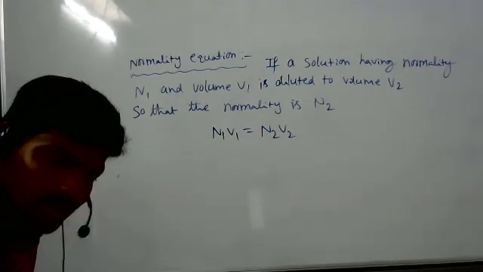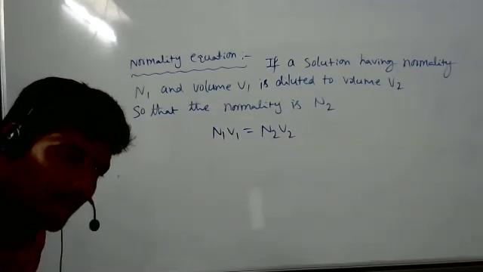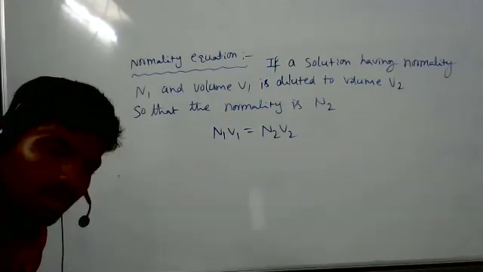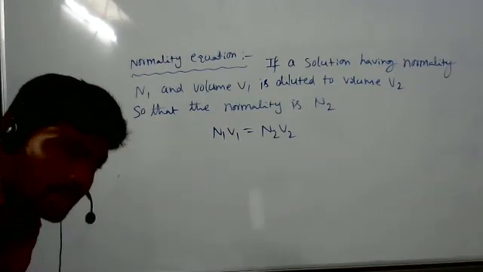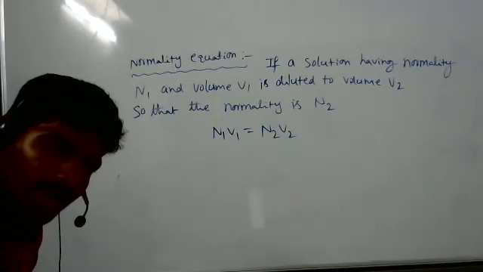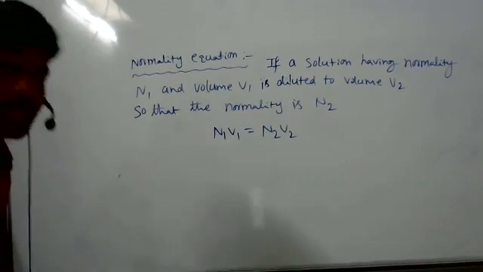Molarity. You are asking the relation between normality and molarity. Yes, sir. Molarity is equal to n into normality. So here n is the valency. For acids it is basicity, for bases it is acidity. If it is a salt, we write the charge of the cations. We'll see in problems. Yes, sir, I meant to ask that only.